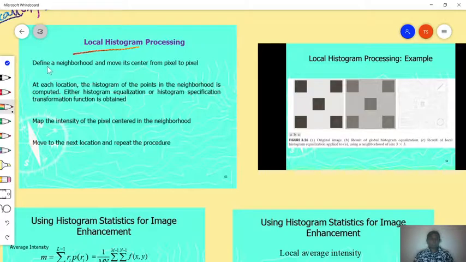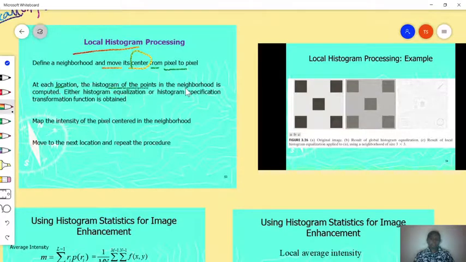So local histogram processing: within local histogram processing, we are moving the center from pixel to pixel within the image, and by the movement of the center at each location, the histogram points